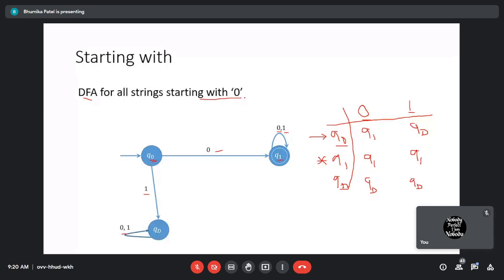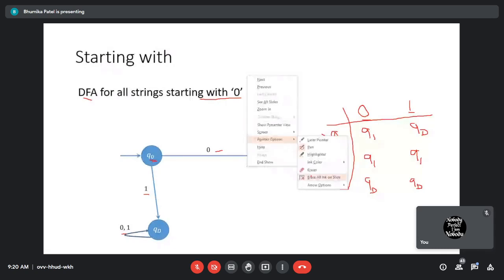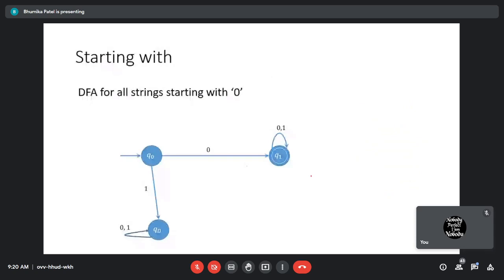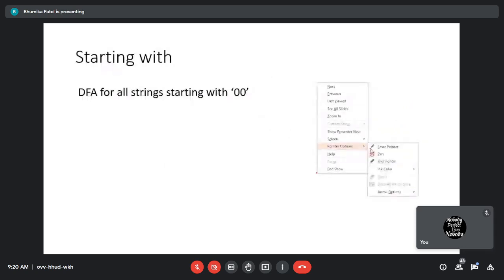Okay, next we are going to see one more example, which is starting with pattern. Let's try to draw the DFA for all the strings which start with